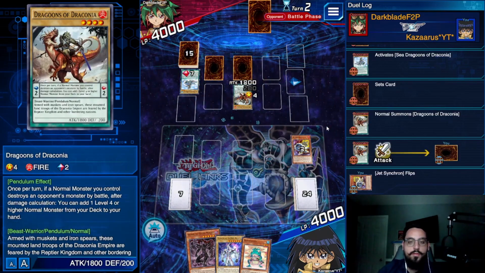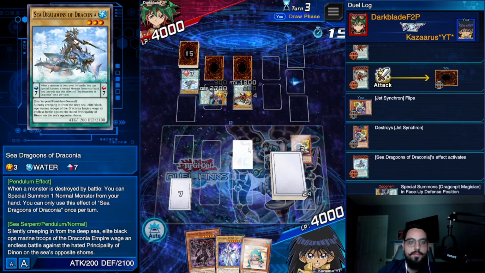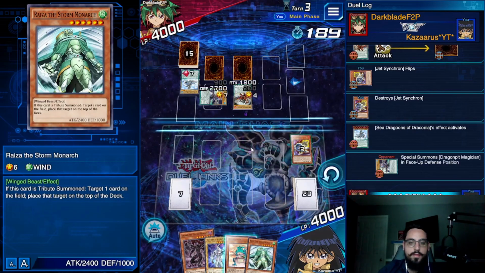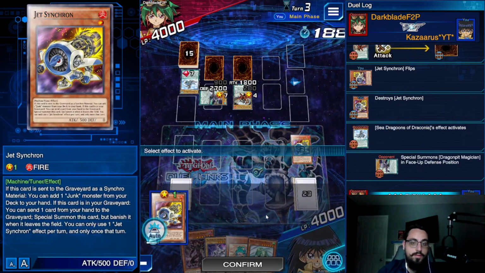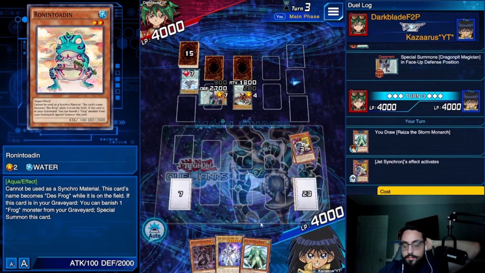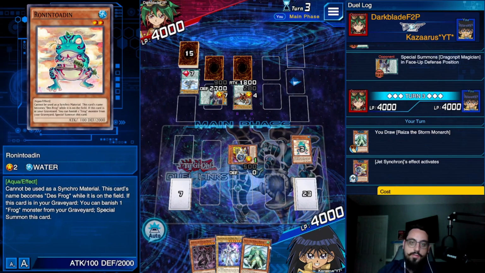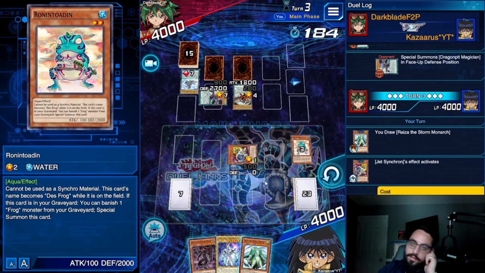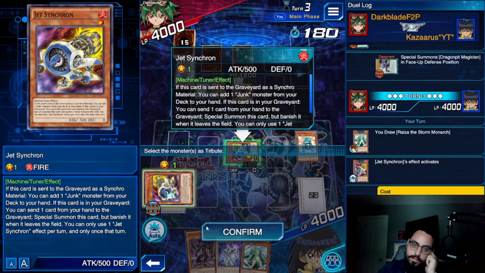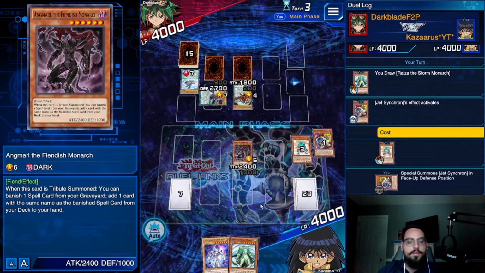So we won't be able to nuke the board, but we can do that play I said earlier. Ah, so Draconia is going to special pit from hand. Ooh, there's Raiza. We could also just do that. I'm definitely sending this Ronin here. There is a delay on summon. So Raiza will put something back on the top of his deck. No, I'm just going to hold the Raiza, actually. I'm just going to get the Angmarl. Jet will get banished. That's fine. Oh, wait. He has